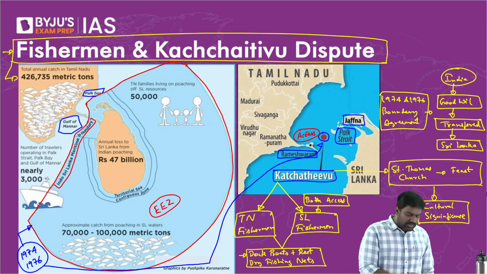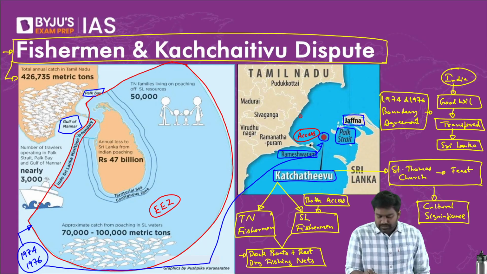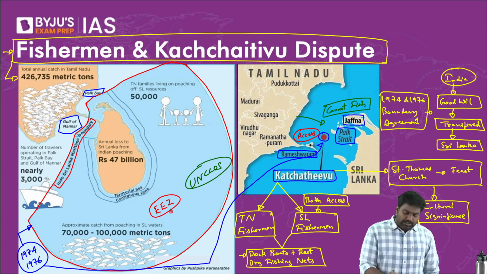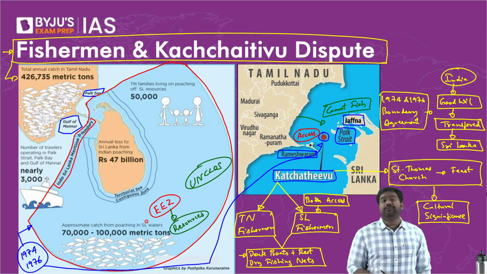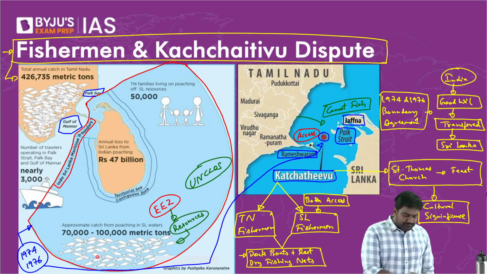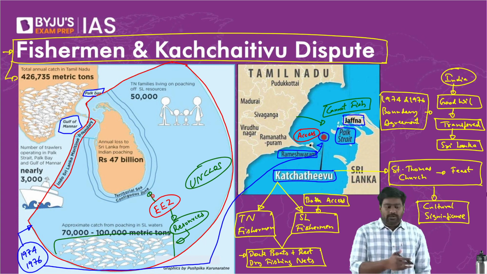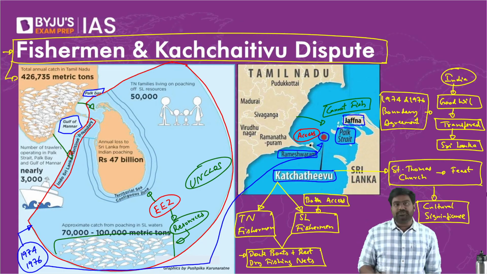In return, we agreed to give up sovereignty, meaning our fishermen cannot fish. They can't cross the boundary line and fish in Sri Lankan waters. That is against the UN clause. Remember, we discussed the UN Convention on the Law of the Sea. Whatever resources are present in a country's EEZ, they exclusively belong to that country. So fisheries present here in Sri Lanka's EEZ belong only to Sri Lanka. Indian fishermen can't cross the boundary line at any cost and fish in Sri Lankan waters.